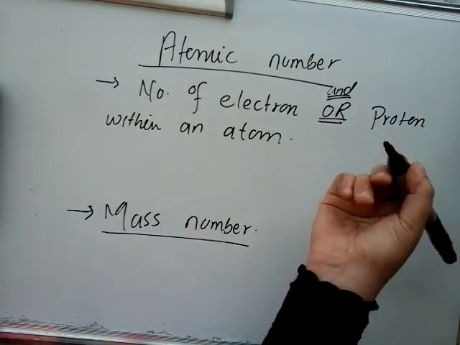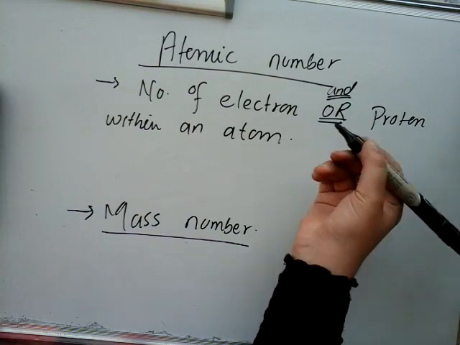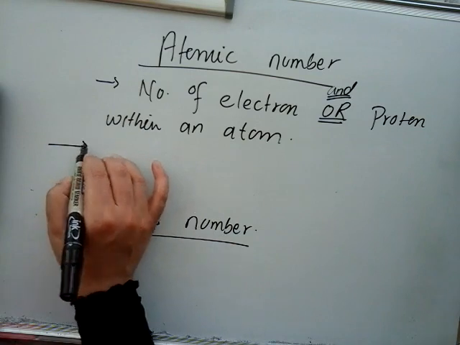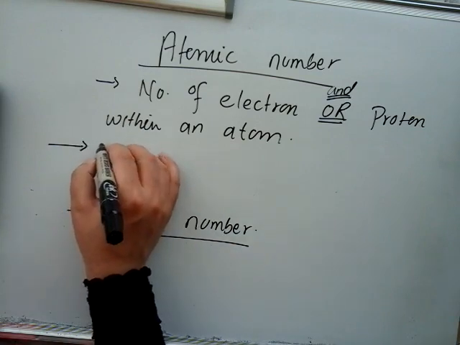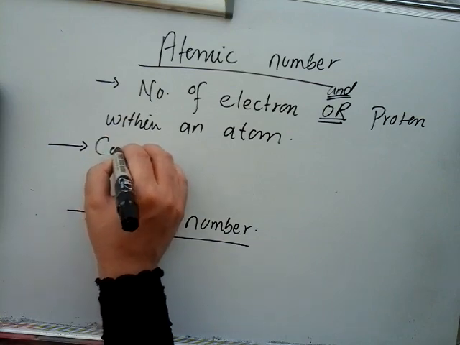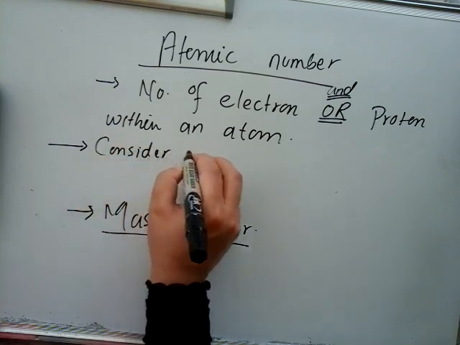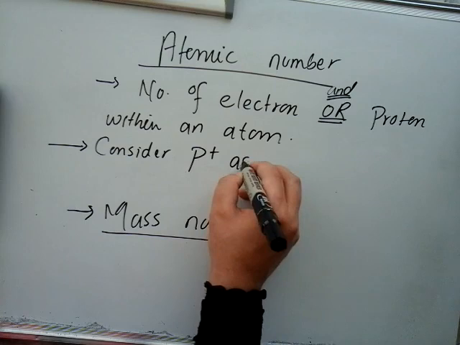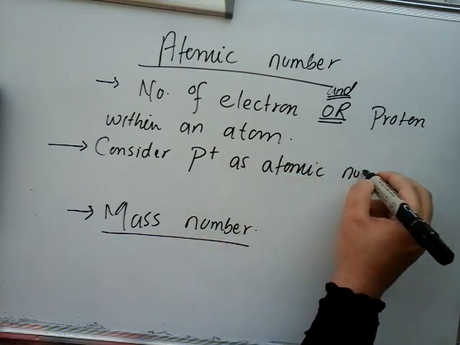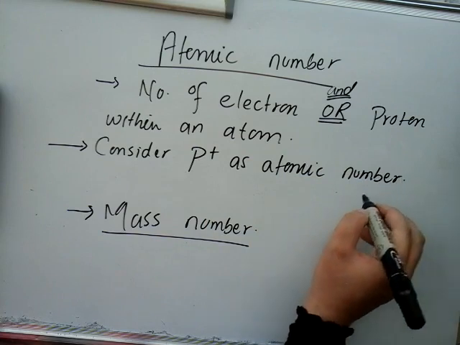We will just say the number of electron or proton. Most specifically, most of the time we consider proton number as atomic number. Why do we consider proton number as atomic number? Because